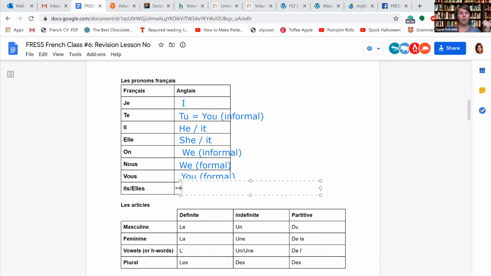This last one, I've put it on the one because it's the same word, but it's just the masculine or feminine. And it basically is they. So it's a group of individuals, either masculine or feminine, or we will use il when you have a group of people that are both male and female. You only use the elle if it's a group of women. So, are there any questions about that so far?